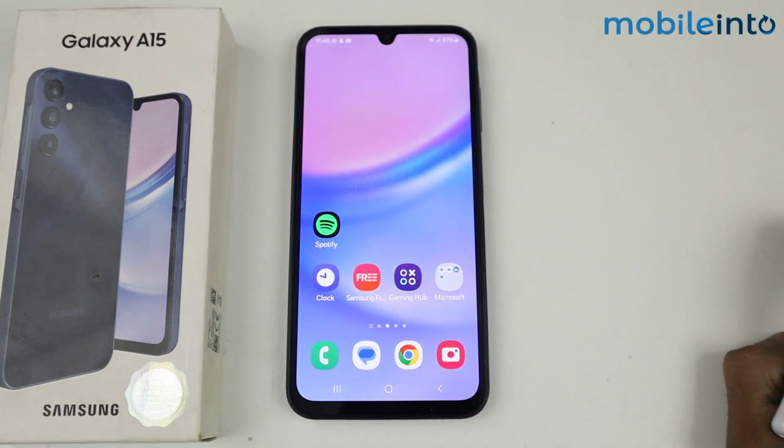Hey guys, what's up? In this video, I'm going to tell you how to change keyboard theme in Galaxy A15